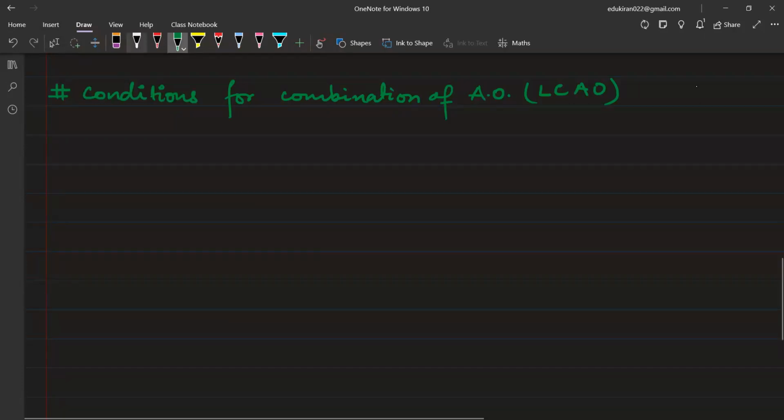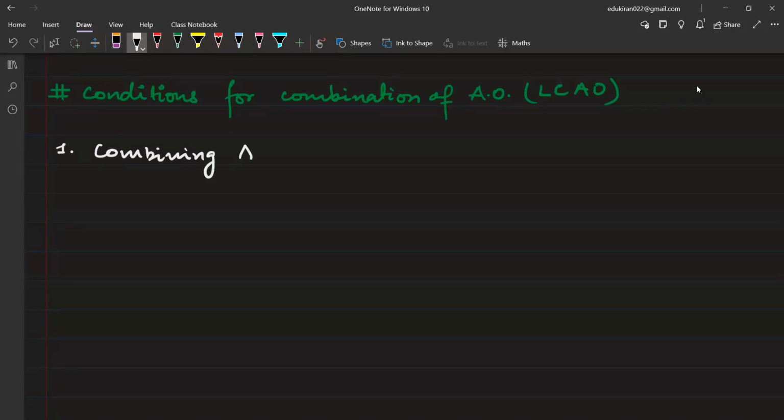Now, number one, combining atomic orbitals. Can you say the full form of LCAO? Linear combination of atomic orbitals. Combining atomic orbitals should have